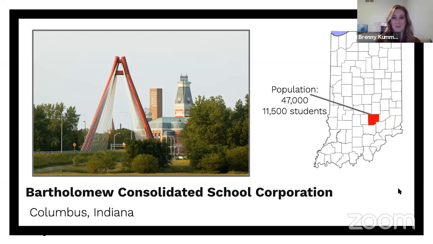We are a manufacturing hub for major engine companies like Cummins, Toyota, and Faurecia. We have a lot of families who come here from different countries and a lot of different languages spoken in our schools. Universal Design for Learning has been part of our district for quite some time now. It's our instructional framework. It drives every decision that we make, so it's been helpful to use that as our guide map, even in virtual learning days.